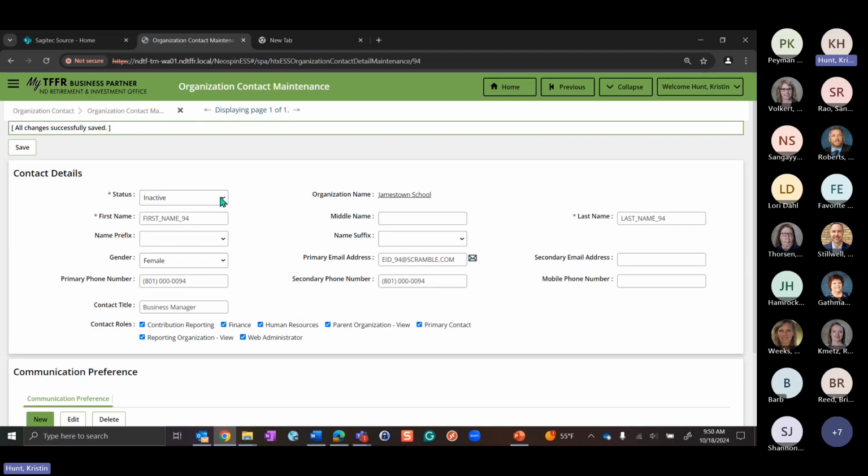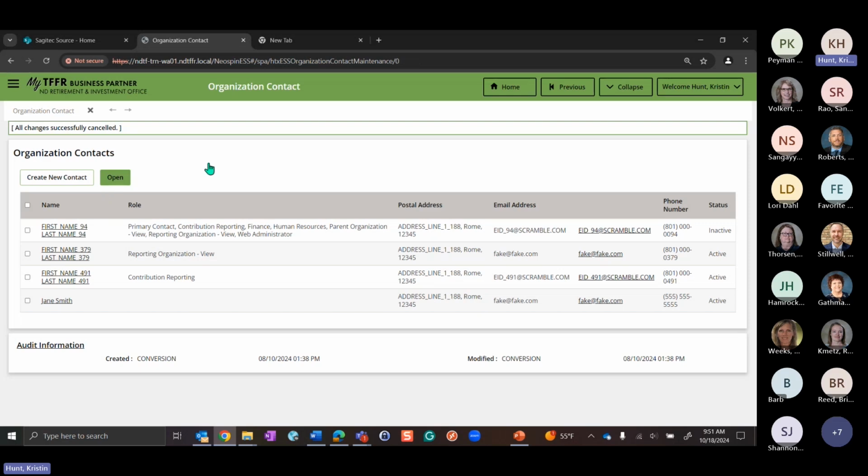I don't believe you can delete the contact once it's created, as you can see here. The system likes to keep records of everyone who's been in here. Same with addresses. When you see addresses, we keep every address record on file. Did that answer your question?